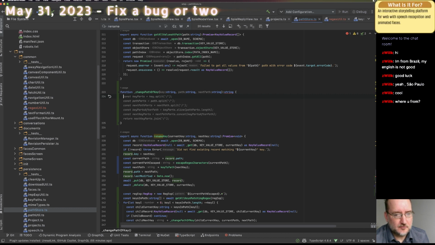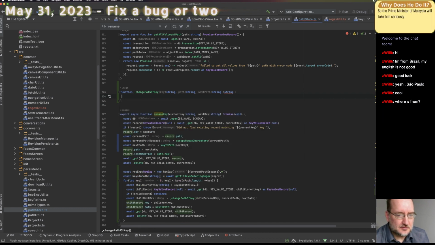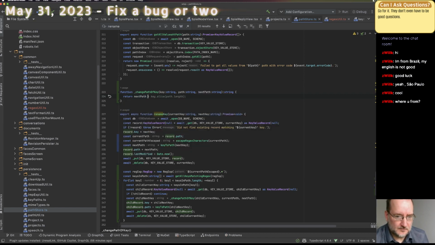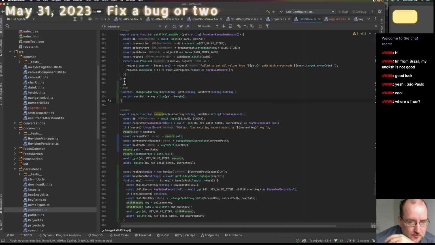Actually, I think that might work, but it seems like way too much code. Because I know that all I need to do is just return next path. Yeah, now you're getting it. Okay, that should work.